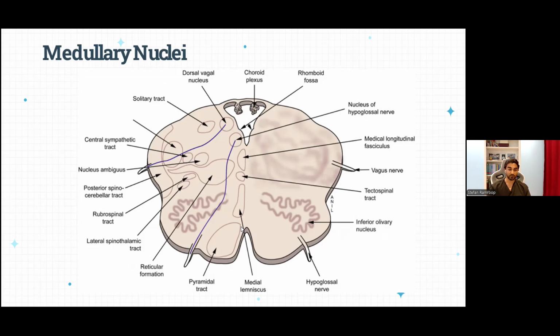And the nucleus ambiguus is a key branchial motor nucleus. So it supplies motor fibers to the muscles of the soft palate, the pharynx, and larynx through cranial nerves 9, 10, and 11. And this single nucleus could explain why you'll get dysphagia, dysphonia, nasal regurgitation, and impaired gag reflexes